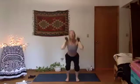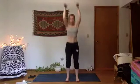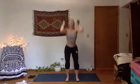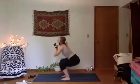So it's that squat, press, squat, press, lower, press, breathe, exhale. So elbows go forward. They stay in line with shoulders and you press it up. You got it. Press, breathe. Nice work, friends. Last 8, 7, chair pose is strong, 6, 5, sit that booty back, 4,